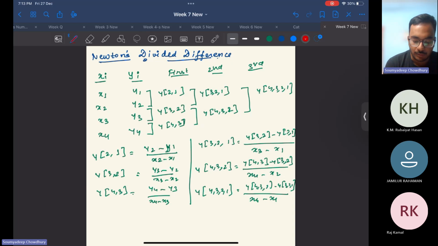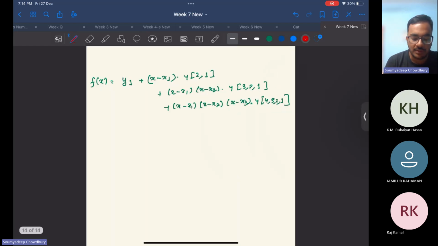y21, then y32, y43. This is the first order difference. Second order difference is between y21 and y32. We find out what y321 and y432 are, between 43 and 32. Similarly, the third order difference we find out. All these things we find out, and then we substitute here the final interpolating polynomial, which is f of x,